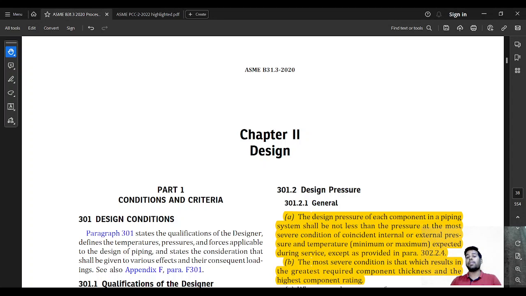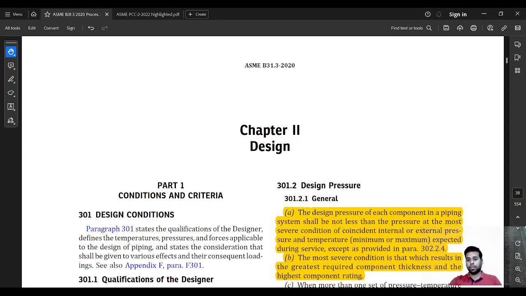But some things have to be figured out, and some things are going to be similar requirements for in-service systems, such as if you want to identify the thickness requirements or the weld requirements. All of these things are generally derived from the original construction code, which in this case is the ASME B31.3 code. Okay, so